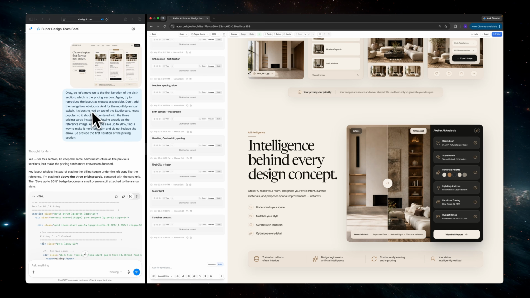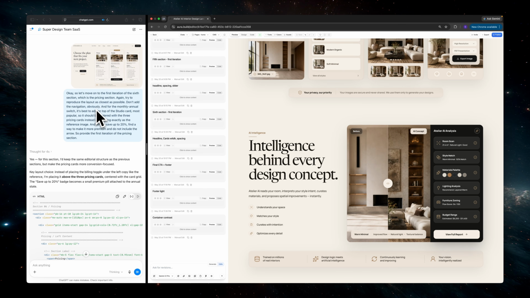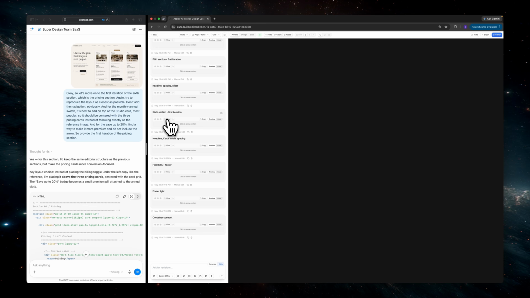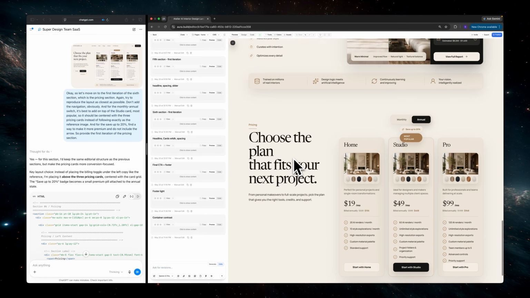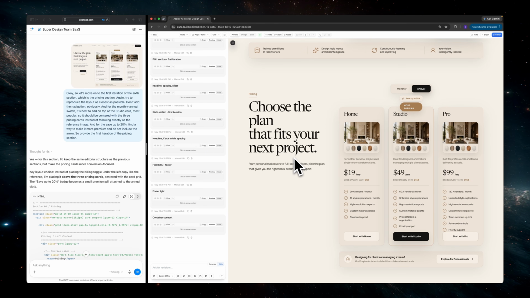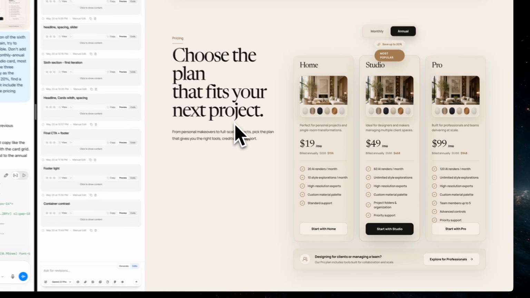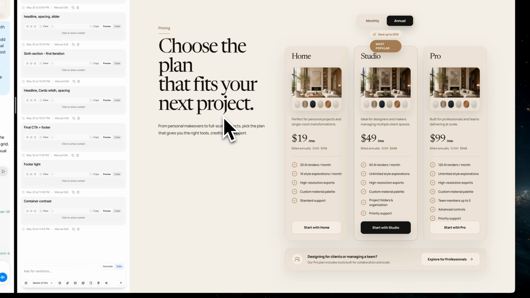Then I move on to section 6, the pricing section. The first iteration was also pretty good, but one pattern I noticed is that GPT 5.5 often gets the general layout right, while the headline breaks need some manual correction. That happened again here. So the first fix was simply to control the headline and make sure the line breaks